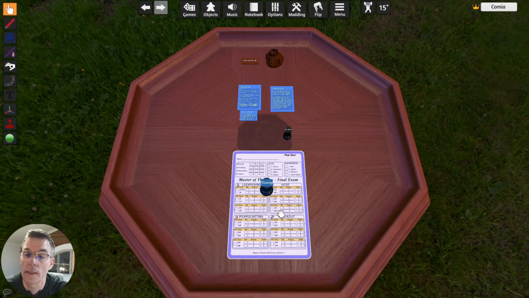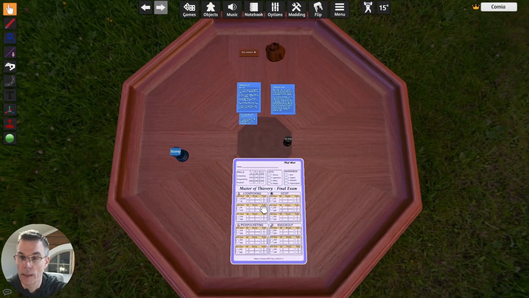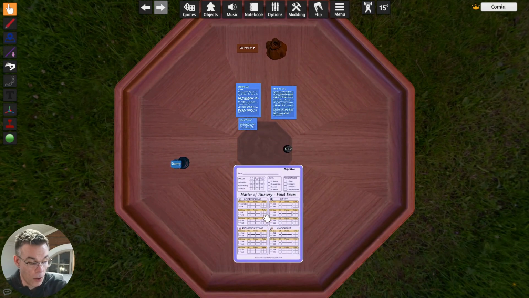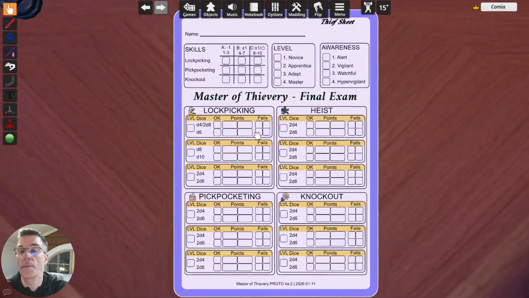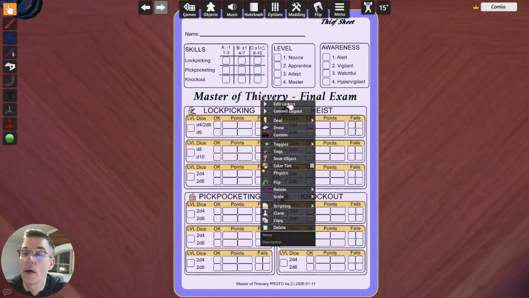Now it says that card is editable. After I have done this, I can start adding fields. I actually find it easier to look this straight up, like so. And now I have this edit layout button here.